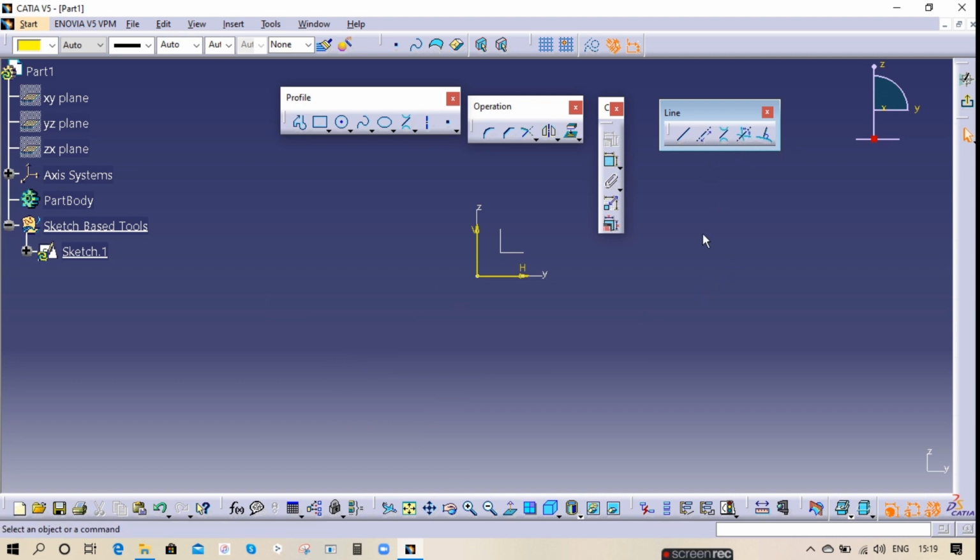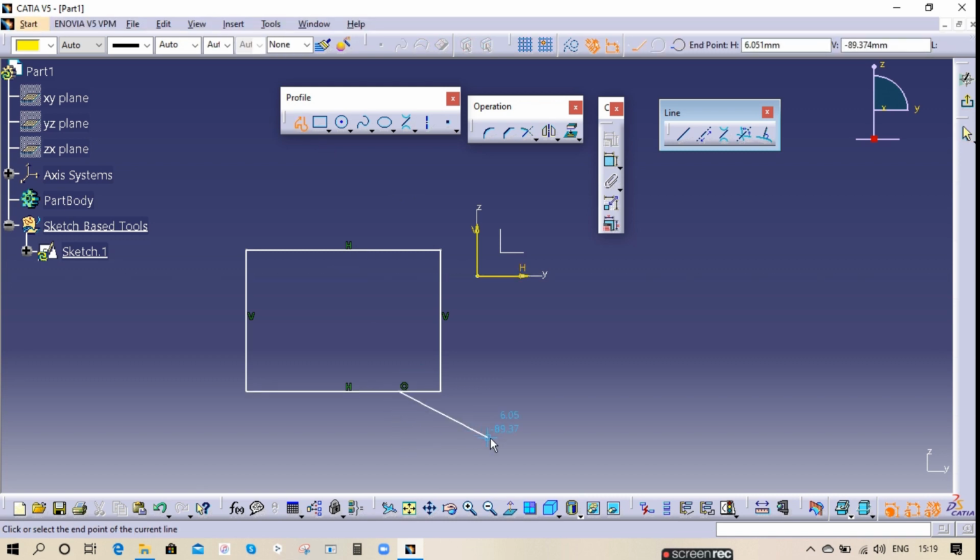Okay. So now bisecting line, this is a very useful option. Let's say for example I have one rectangle, I need a shape like this. Okay, I need a shape like this, but this point and this point should be matched. We cannot match exactly by pulling like this, right? So at that time you can use this bisecting line.